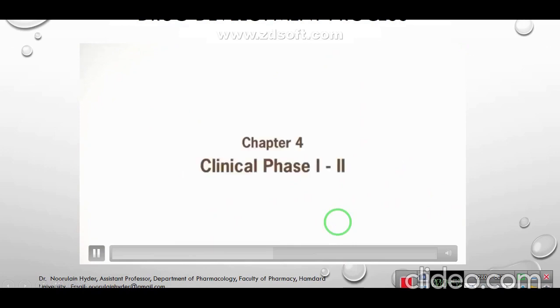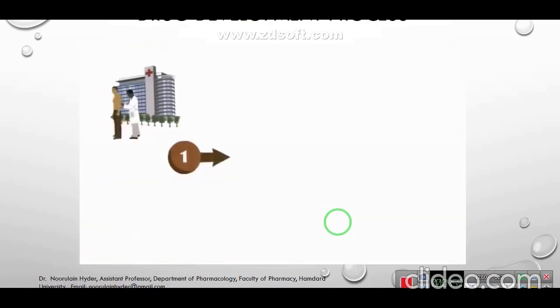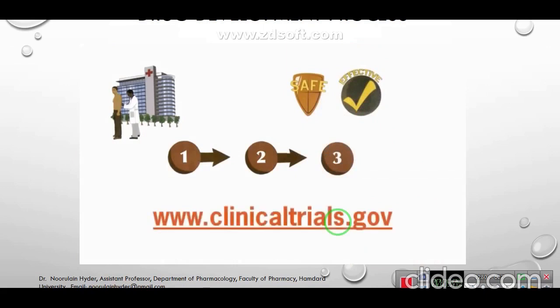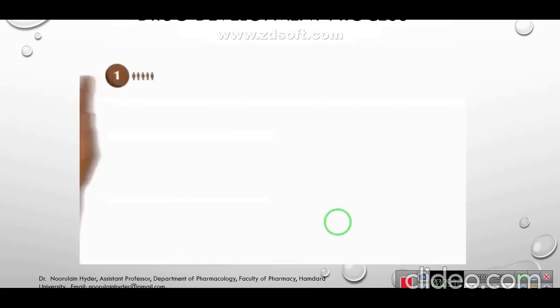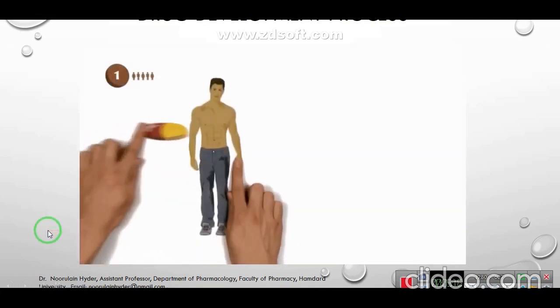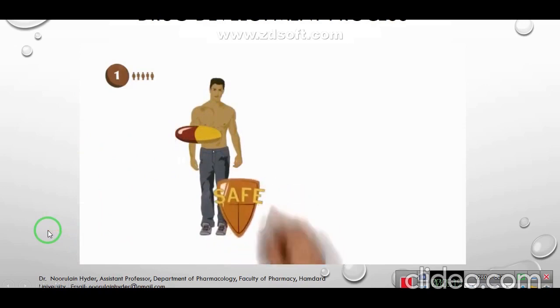Clinical trial programs consist of several phases, each of which is focused on evaluating drug safety and effectiveness or efficacy. Information on ongoing clinical trials can be found at www.clinicaltrials.gov. In Phase 1 of clinical trials, the drug is usually tested in healthy volunteers to determine its safety and